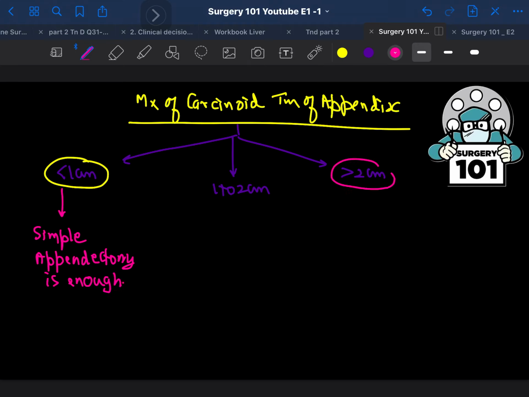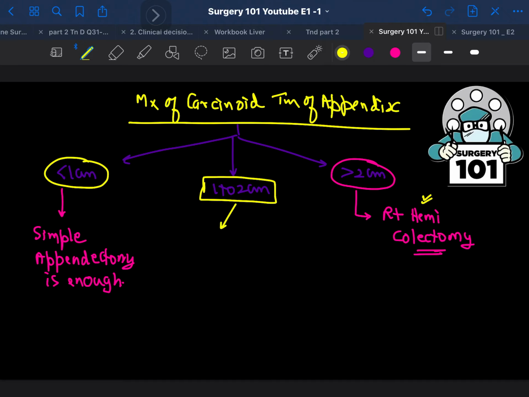Now, what if there is a carcinoid of the appendix which is more than 2 centimeters in size? What is the answer over here? You have to go in for a right hemicolectomy. Are you able to understand this point? But if there is a carcinoid tumor which is between 1 to 2 centimeters, what you need to understand is that if it is present on the tip of the appendix, or the meso appendix is not involved,